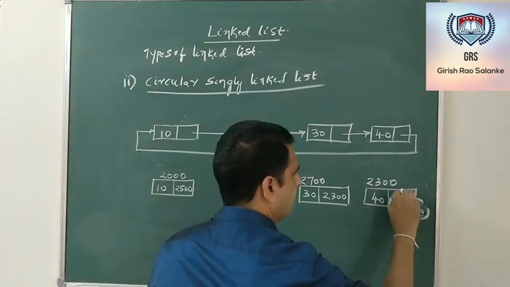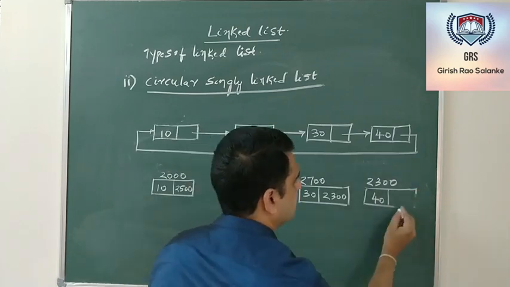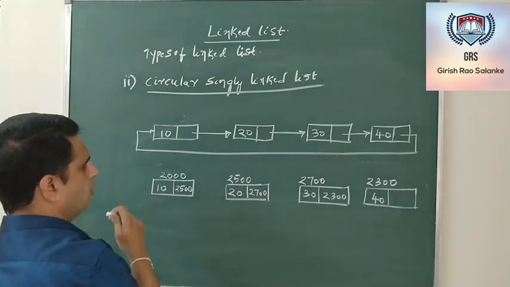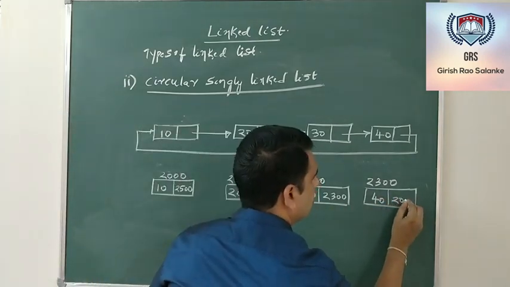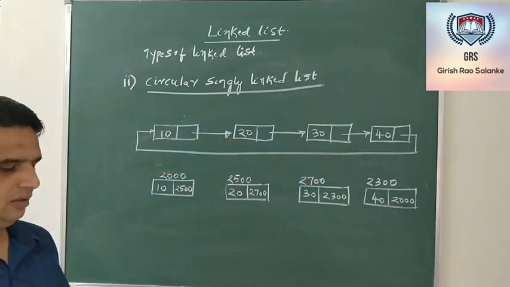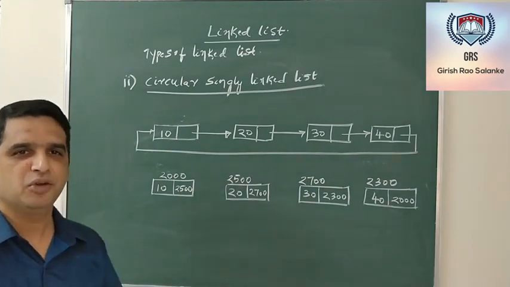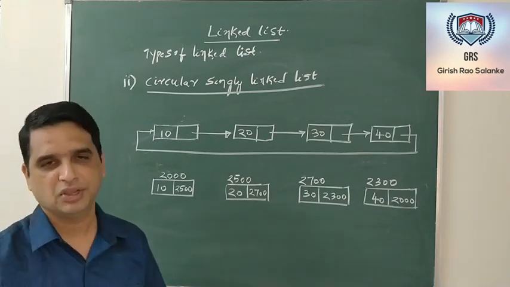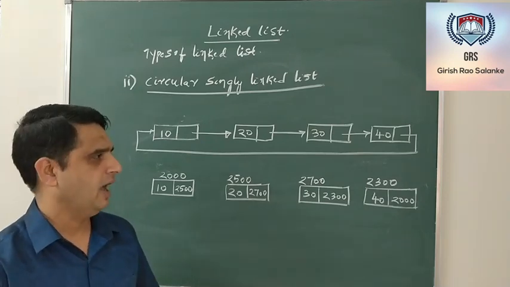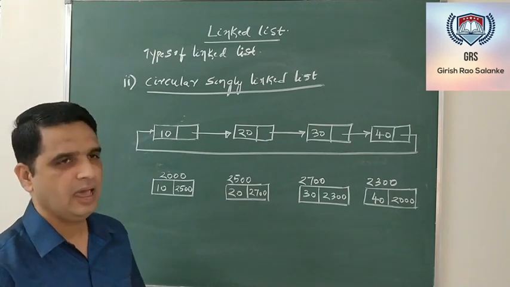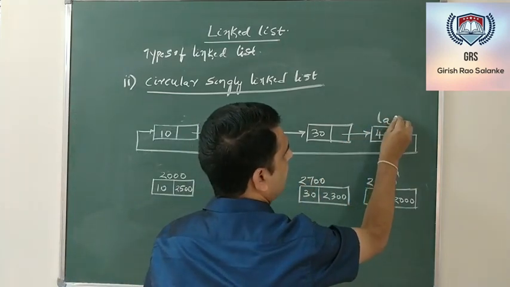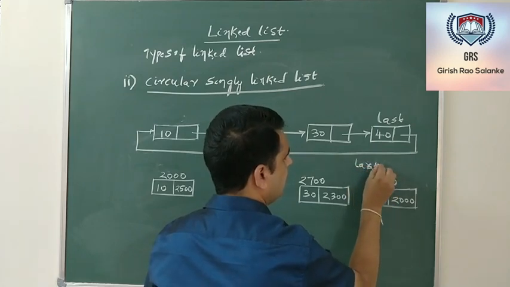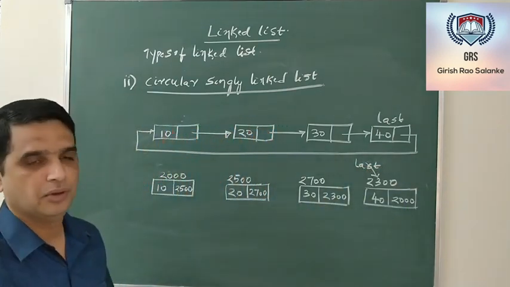Even with respect to this diagram, I need to change a little thing: the last node in its address field should hold the address of the first node, so the memory location 2000. Now even in this case, there has to be a reference node. Maybe in my next videos when I discuss circular linked list, I will be using a variable by name last, which holds the address of the last node.